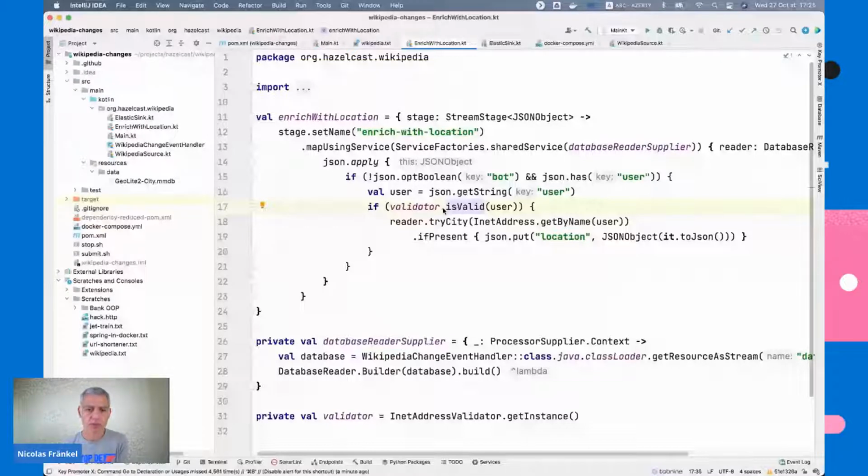I want to have a fast path. So first I make a normal validation with a normal library, and if it returns a Boolean and it's a valid IP, then I will add some information about the city. So let's do that.